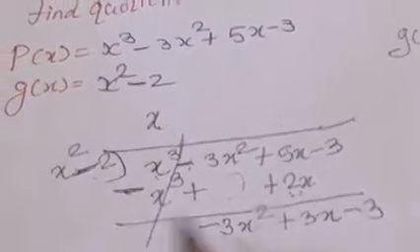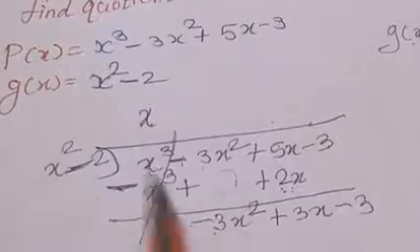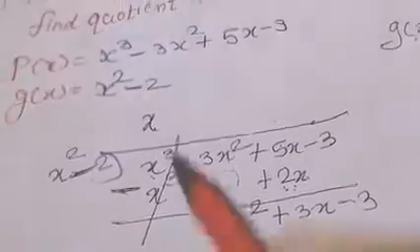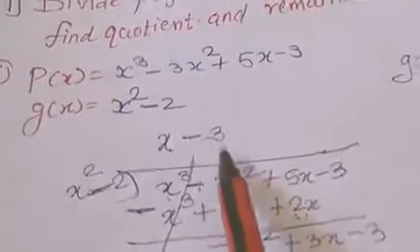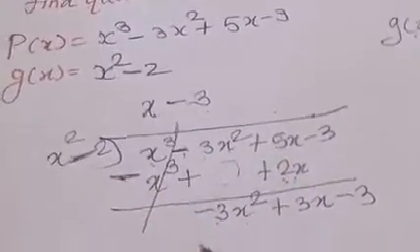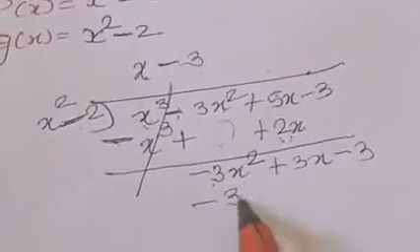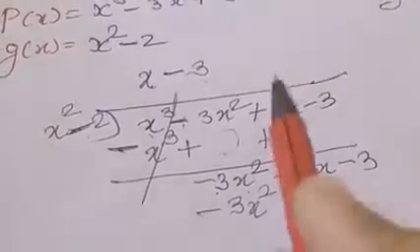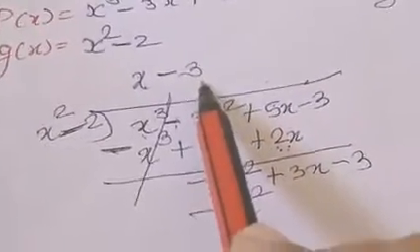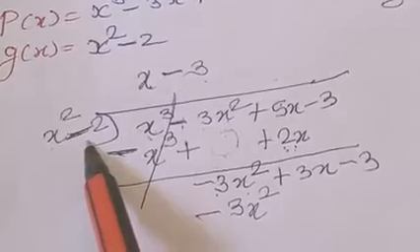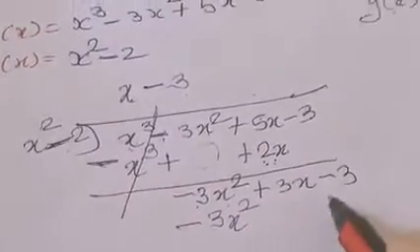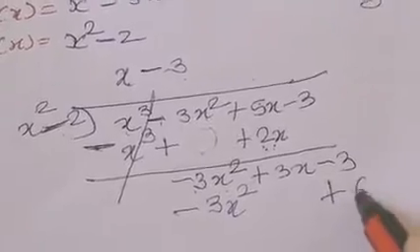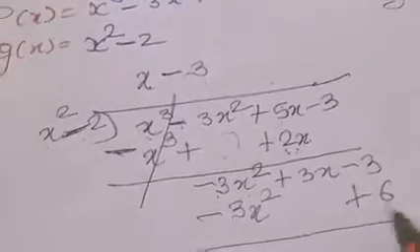Out of that, x square is with us. Then we required only what? Minus 3. Then we put here minus 3. Minus 3 into x square will be minus 3x square. Next is what? Minus plus. Then 3 2s are 6. 6 is the constant term, like terms right at same place.